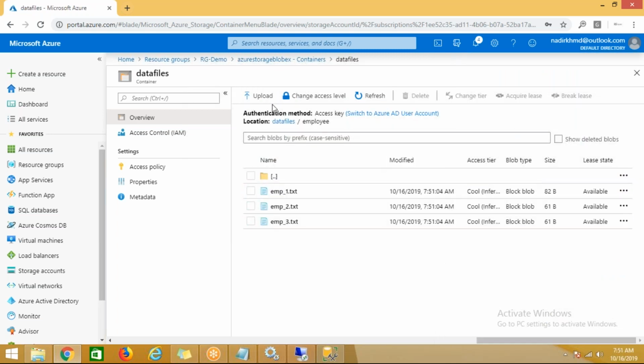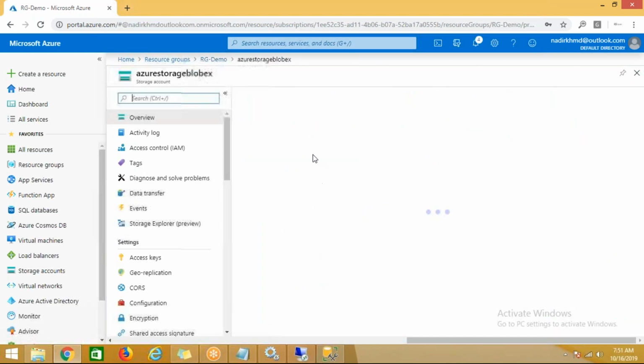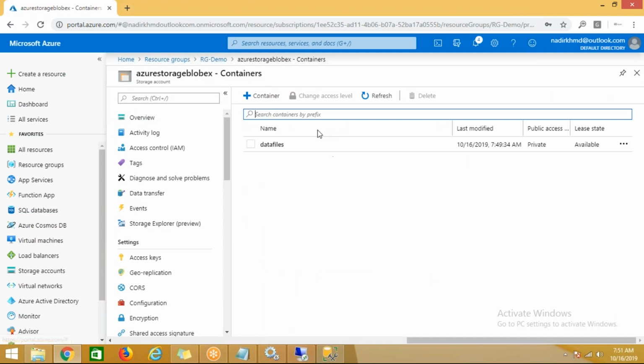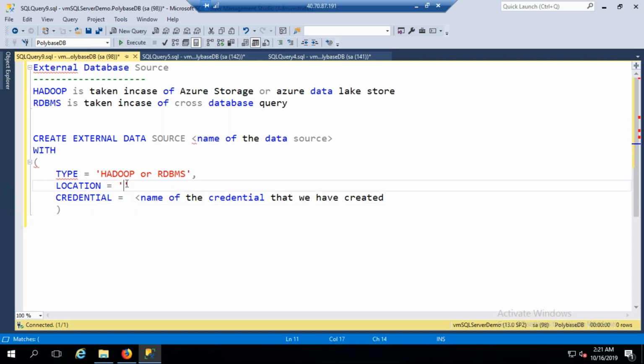So what you are doing? In the resource group you have a storage name. Under this you have a container. In this container you have data files. So what you need to write here in location is WASBS colon //, then you need to tell the container name, because you are stored in the container,